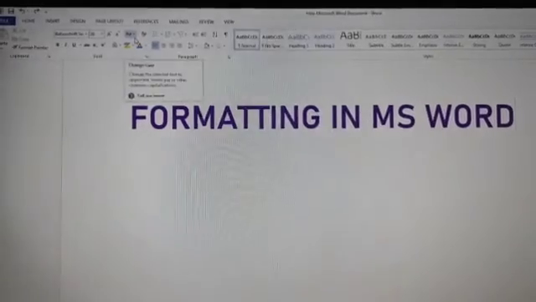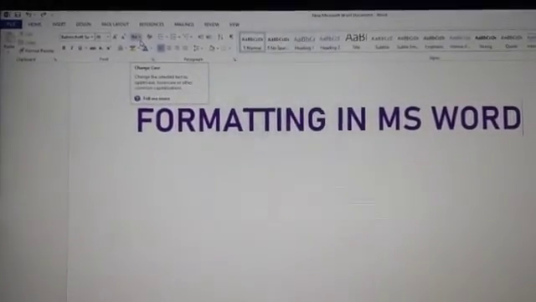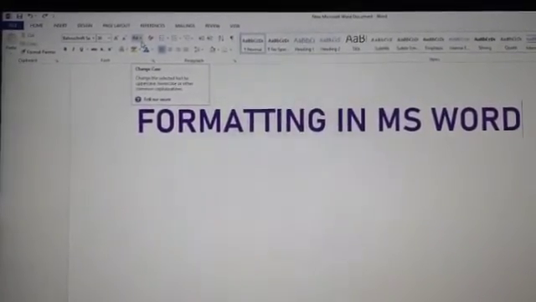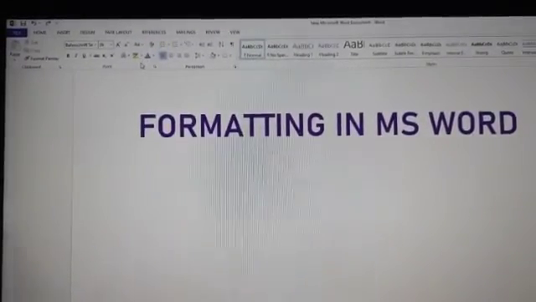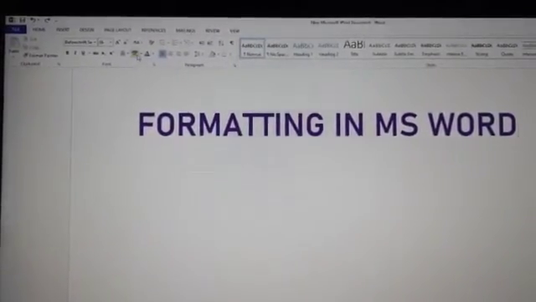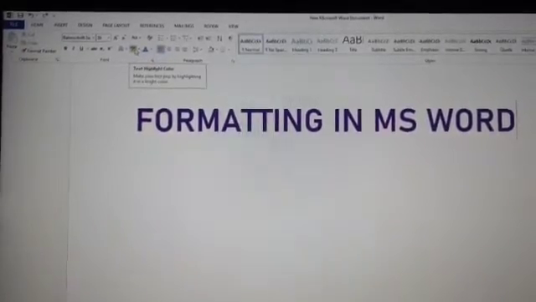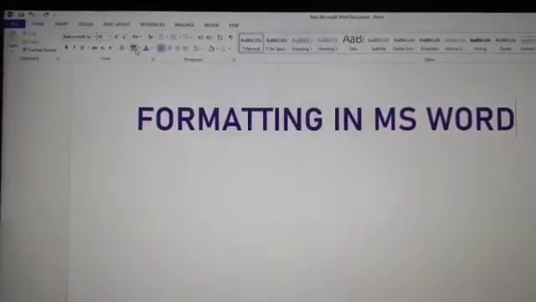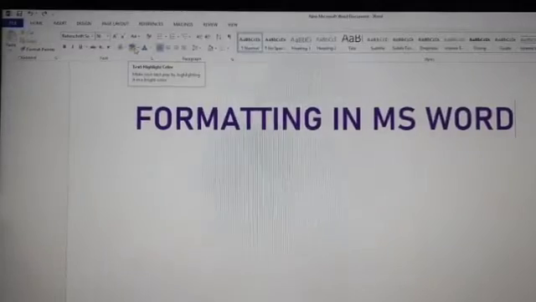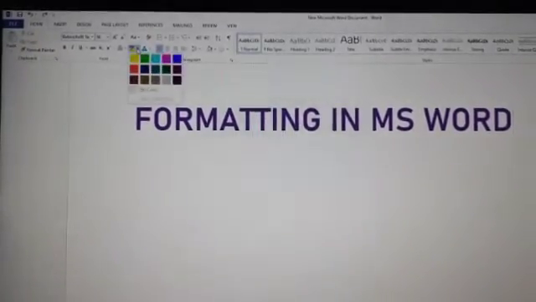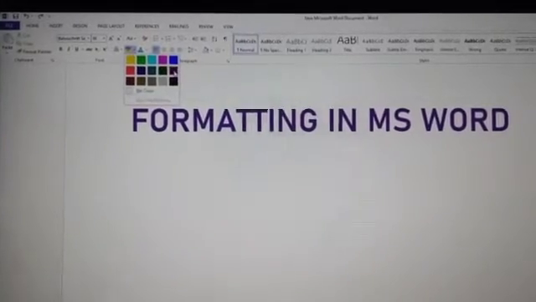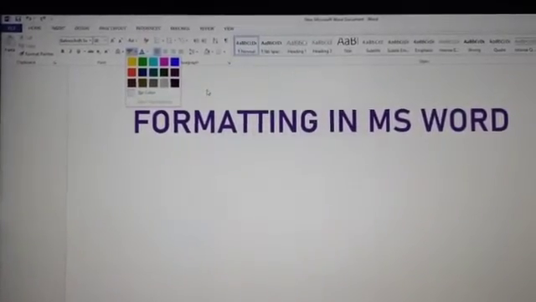In the Font group, click the drop-down arrow of the Text Highlight Color button. Where is the Text Highlight Color button located? See here, this is the Text Highlight Color button. First of all, we want to select the word.